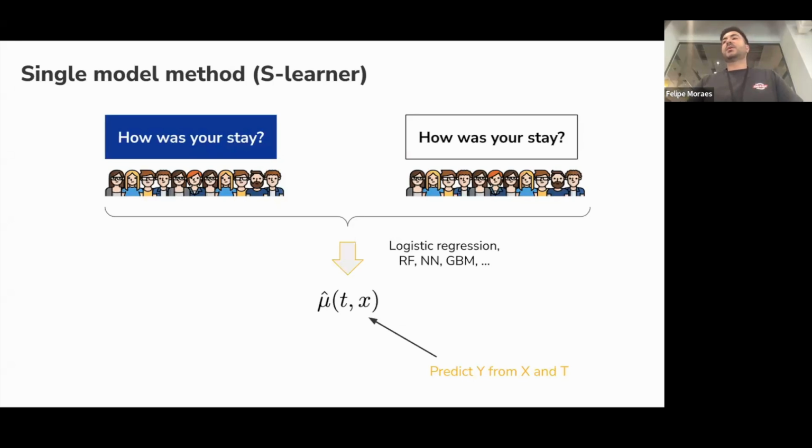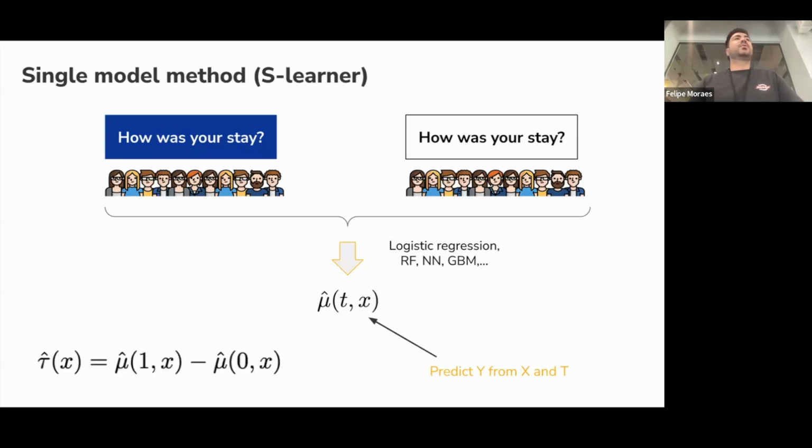And now we add the treatment as a feature to the model. Then I can call this model twice. The first time I set the treatment equal to 1, and the second call I set the treatment equal to 0, and I take the difference between them, and I say that this is my treatment effect.